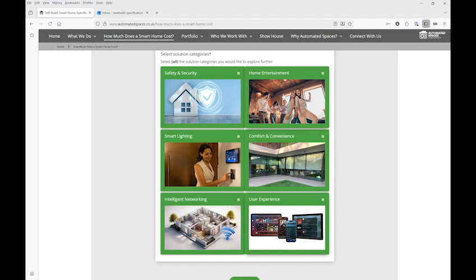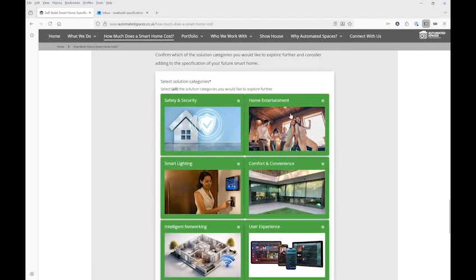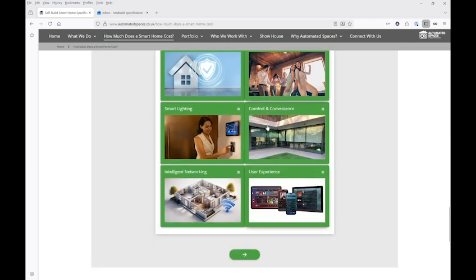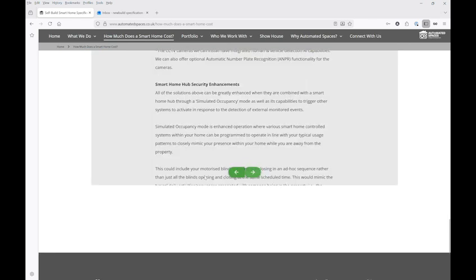If you change your mind while you're filling out the home entertainment section, you will need to navigate back to this page to deselect the home entertainment options, and then that will allow you to proceed past that section. Okay, so let's just jump into the first section, which is